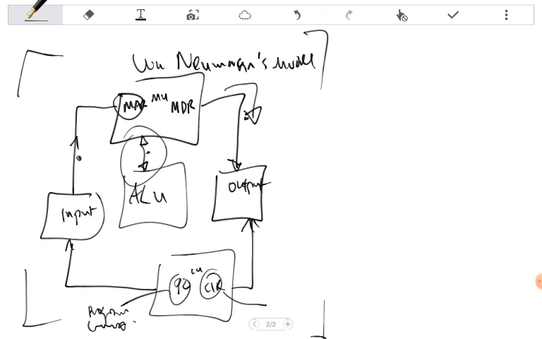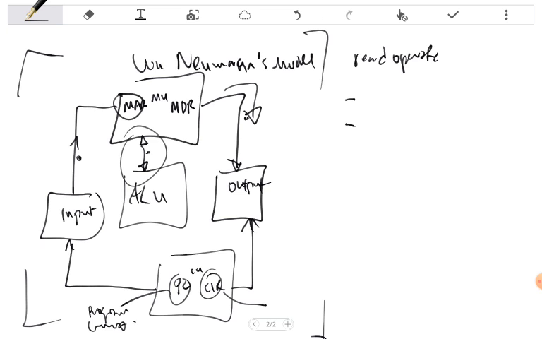So there's read and write operation. In the read operation, number one, the processor sends the address of the required data along the address bus. Number two, the processor sends the read signal along the control bus. Number three, the data is sent from the memory to the processor along the data bus. Number four, the processor then decodes and executes the data.